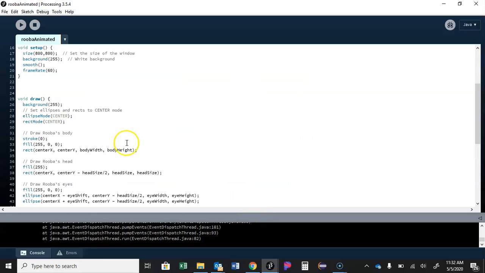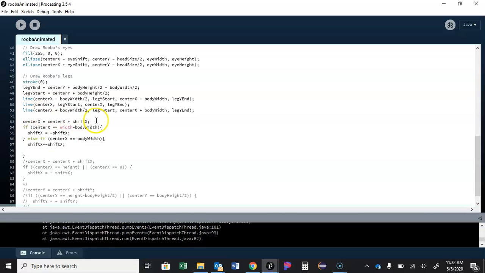So right here, we look at our center x is going to be equal to what it was plus the shift x. And now that shift is going to be like your speed and direction. It's going to be changing its value. So if our x value is going to be the width of the screen minus the width of the robot, so it's at the very edge but still showing, we're going to shift the